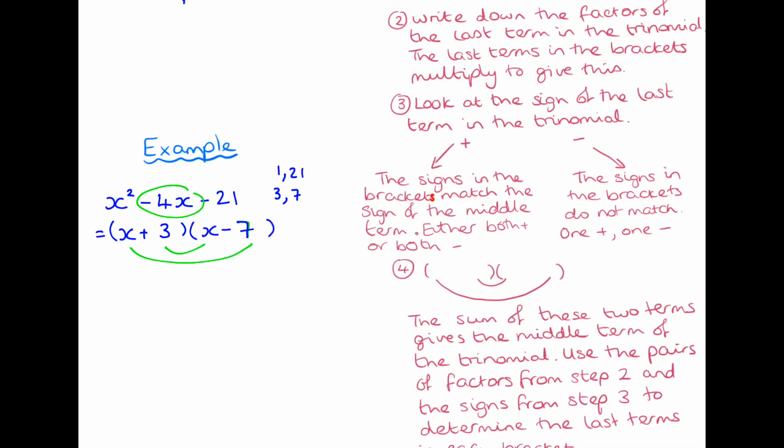Okay, so checking that out, we've got positive 3x and minus 7x, and 3x take away 7x does give us negative 4x, which is the middle term that we were looking for. Okay, so again, that one's complete, and our answer is this. Okay,